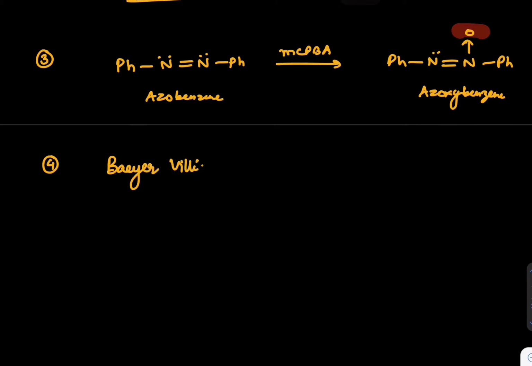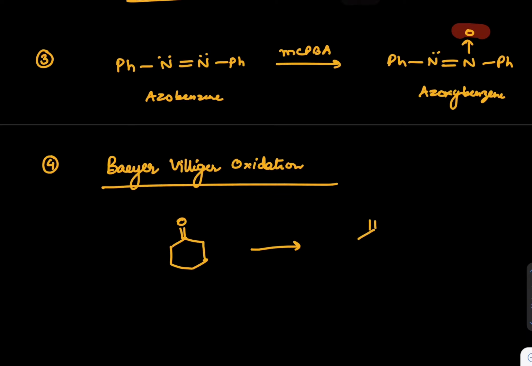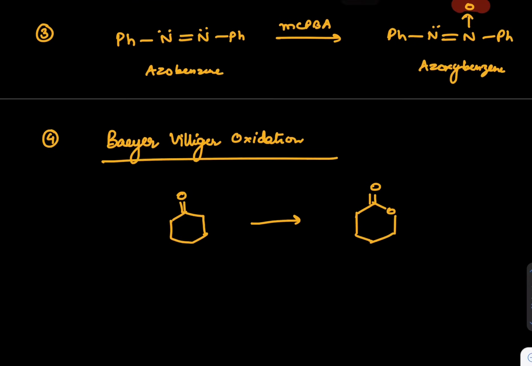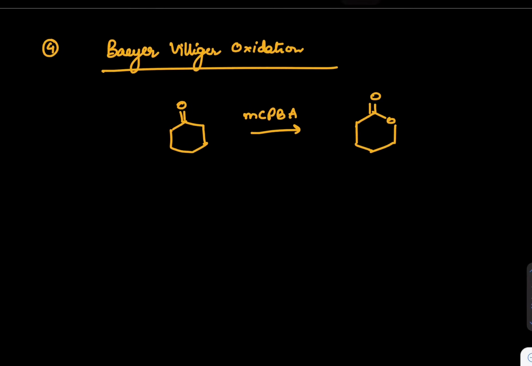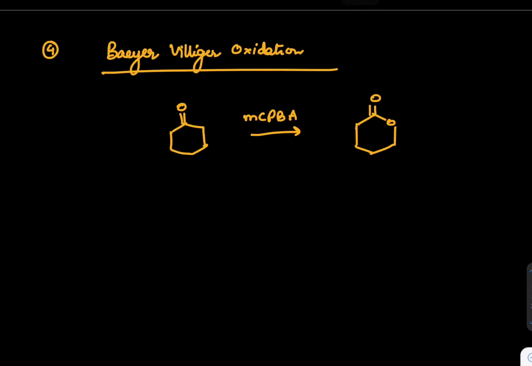Then one more very important reaction for this mCPBA is a name reaction, the Baeyer-Villiger oxidation. So note down Baeyer-Villiger oxidation. This is the oxidation of ketone to corresponding cyclic esters like this, or we can say oxidation of ketone to esters. What kind of reaction will happen and what is the mechanism, we can discuss. If you refer to my videos, I have recorded this separately also, but try to understand this is a process in which ketones become esters. That is what we have to learn.